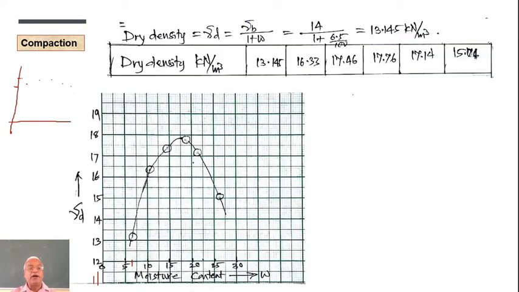So here I have plotted all of them. Corresponding values of gamma d are also plotted. So the plot should appear something like this. For that you have to choose a wise range of values over here. It is not necessary that it should start from 0, right? Even for water content it is a similar thing, but it is fine if you start with 0 up to whatever value it has got, right? Now here what you should do is search for the peak and then find out the values of the peak.